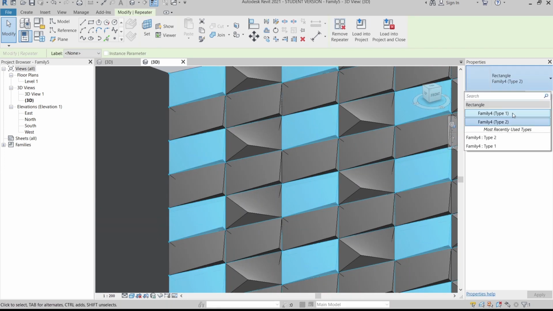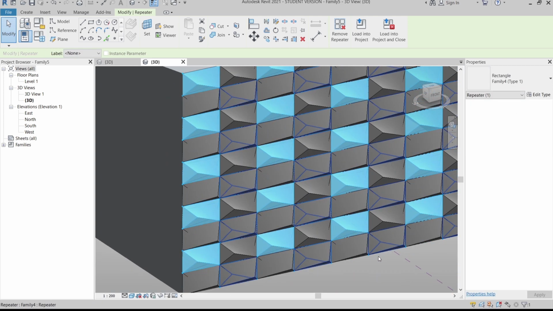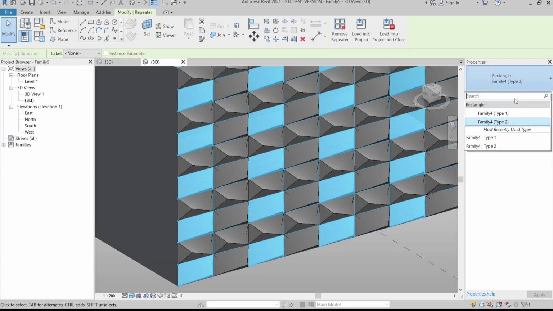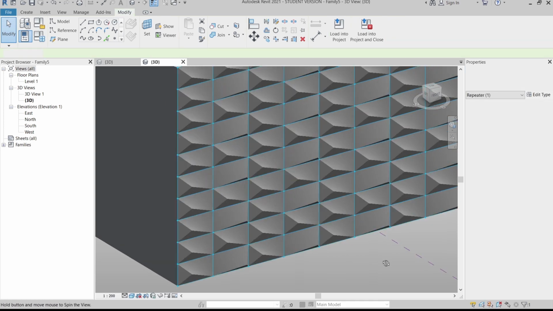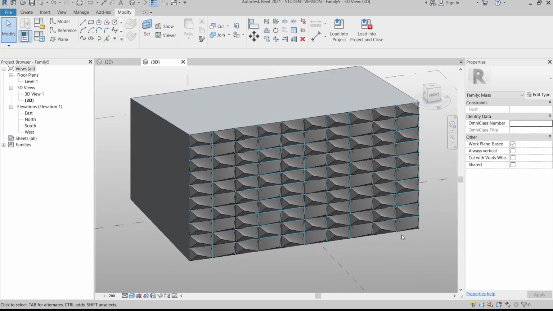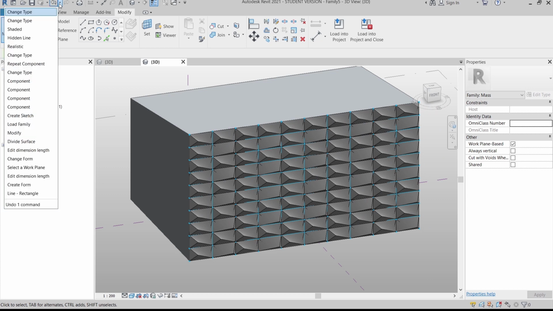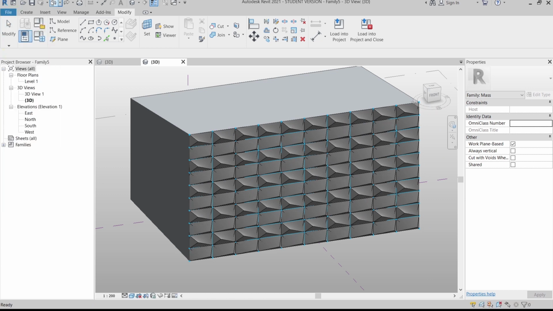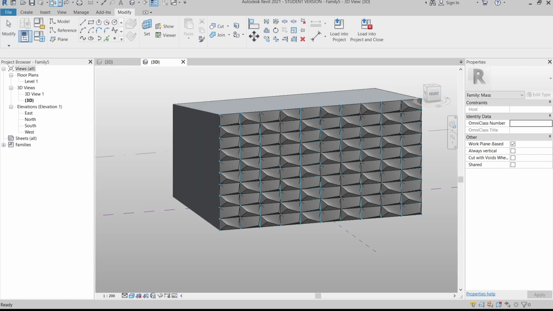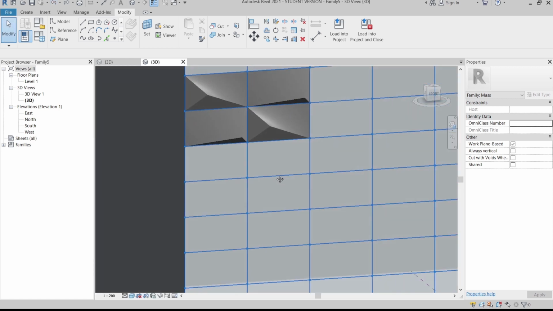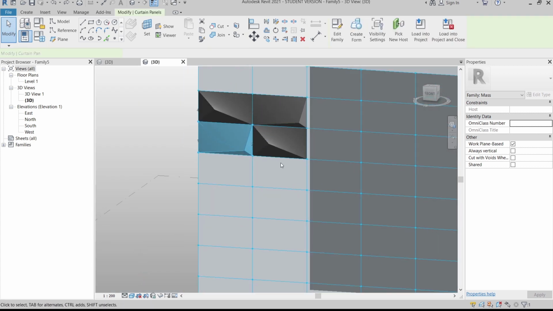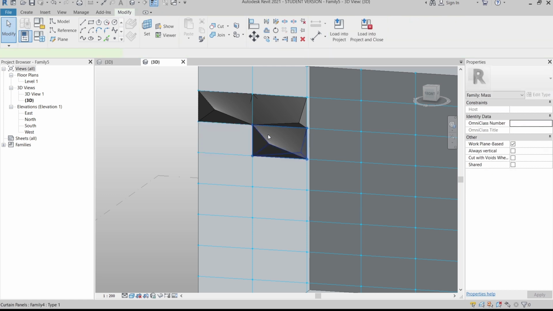Let me change this one to type 1, as you can see. Change this one to type 1 again. Okay, I think we got something wrong when we applied that. Let me go back a few seconds. Sorry about that. Okay, let me see first. This one I applied wrong already. Basically, I need to delete my panel first.